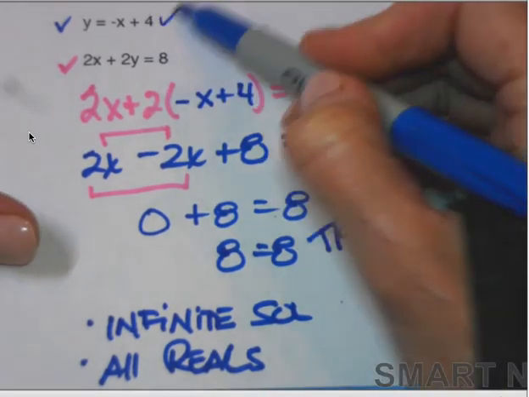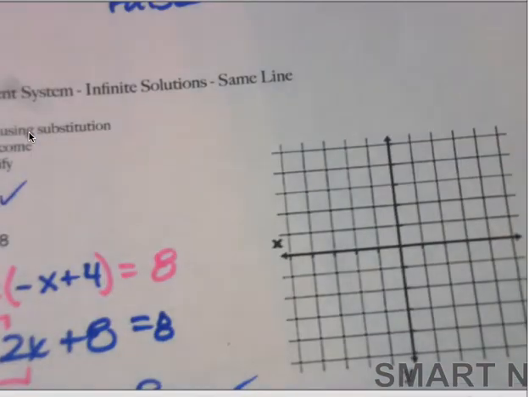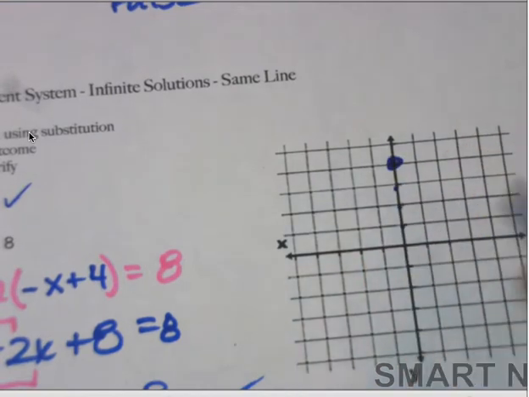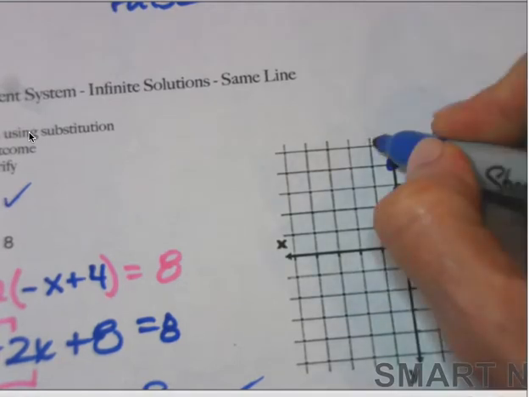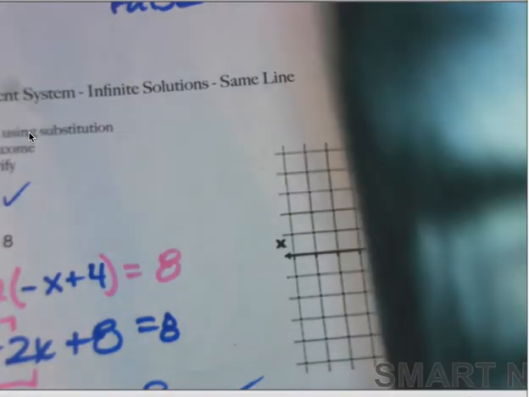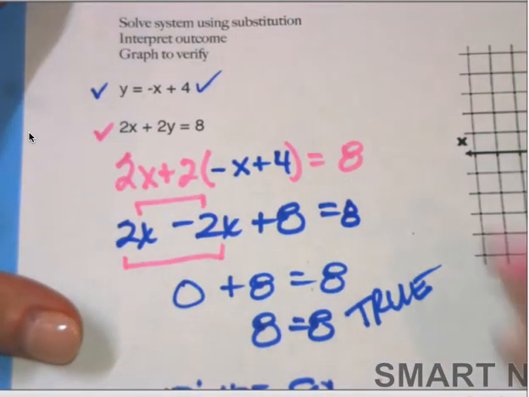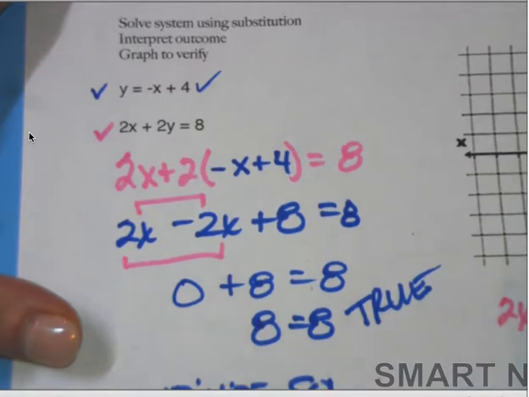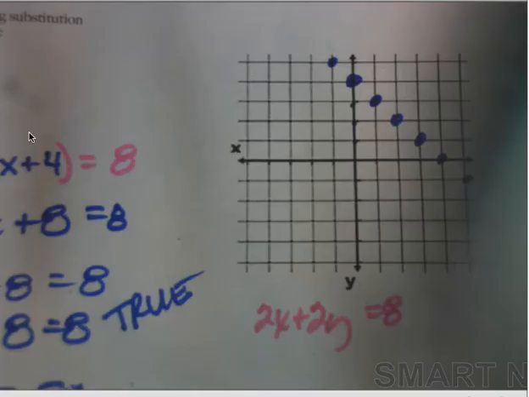So I'm going to go ahead and graph, since that's in slope-intercept form. I would start graphing at +4 on the y-axis. My slope is -1. That means that the line is going to fall as I move from left to right. The second line is presented in standard form. So if I take this and convert it, I'll copy it down here. If I take this and convert this to slope-intercept form,